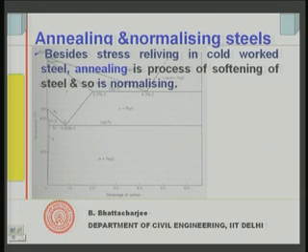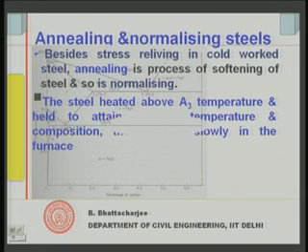Let us see what these processes are. The steel is heated above the A3 line. This line is the A3 line. If you remember, in the background I have the same equilibrium diagram, because we are repeating. I have put it in the background, if you can recall. So, A3 is here, and the steel is heated above A3 temperature and held to attain uniform temperature and